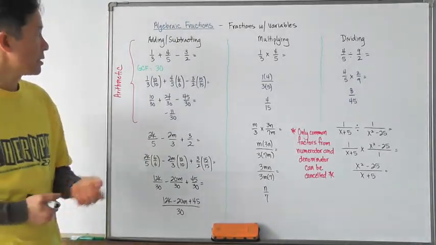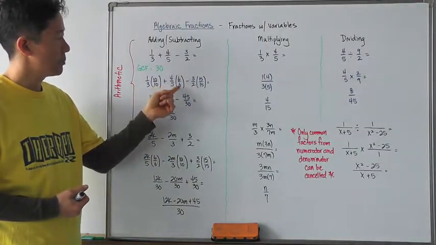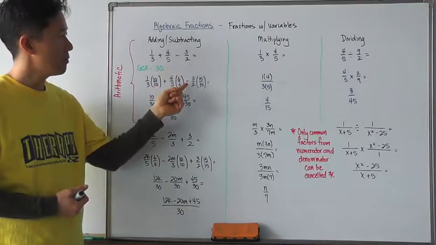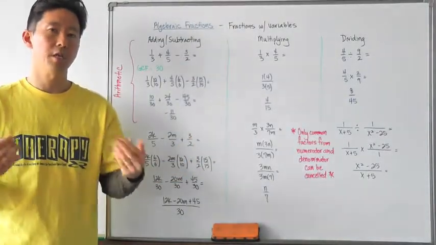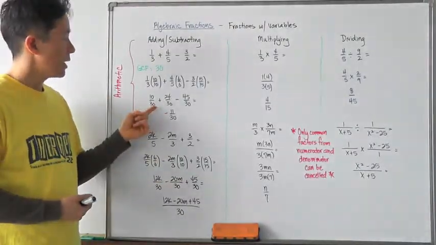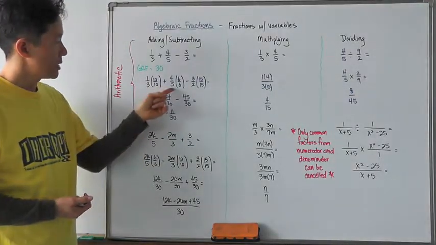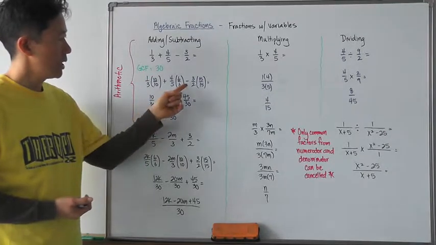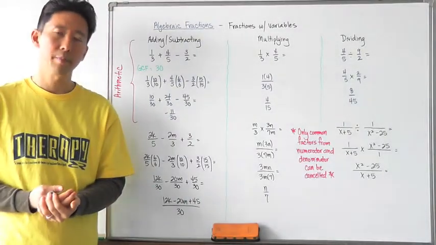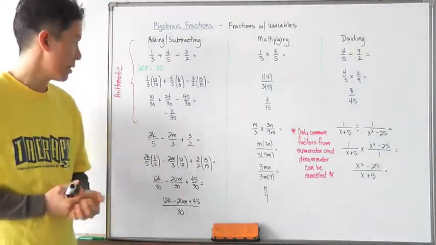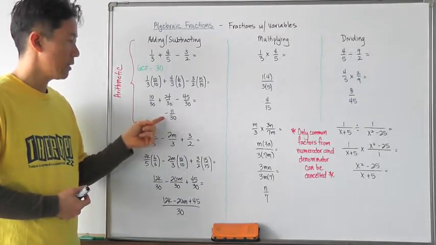be 30. So I take 1/3 and multiply it by 10 over 10, take plus 4/5 and multiply it by 6 over 6, and take negative 3 over 2 and multiply it by 15 over 15. I'm not changing the expression, I'm just changing the form of the expression so that I have a common denominator. So this is going to be 10 over 30, plus 24 over 30, minus 45 over 30, and once I establish a common denominator, I just add or subtract the numerators. So I come up with 10 plus 24 minus 45, and that's going to be equal to negative 11 over